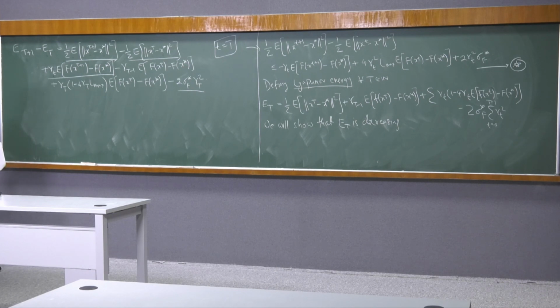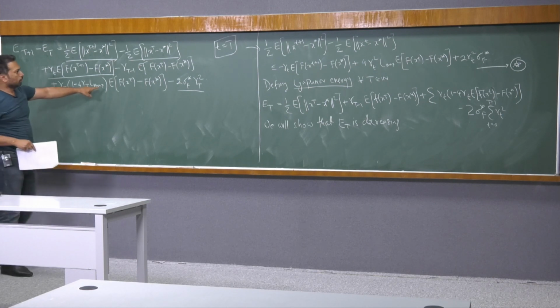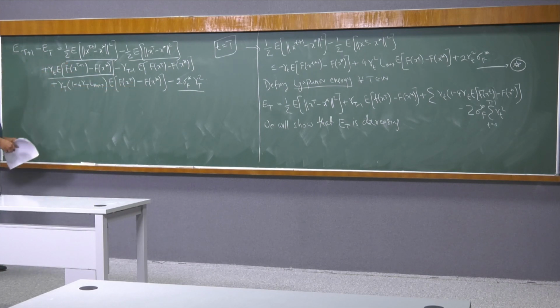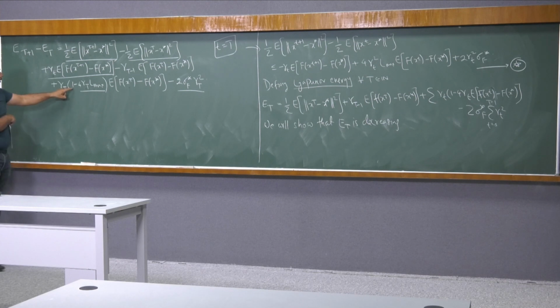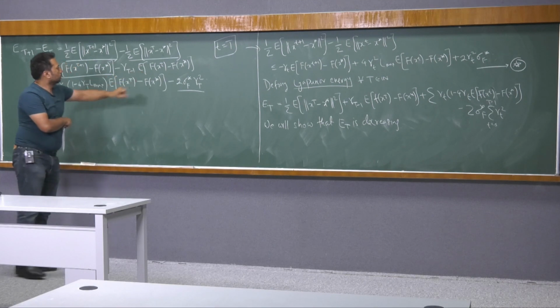And what else? Gamma t square, 4 gamma t capital T square L max, and then E f x t minus x star is also there. So what we can say is, I just underline this term. So this term is there, and remaining term is just gamma t expectation of fxt minus fx star, and this term is